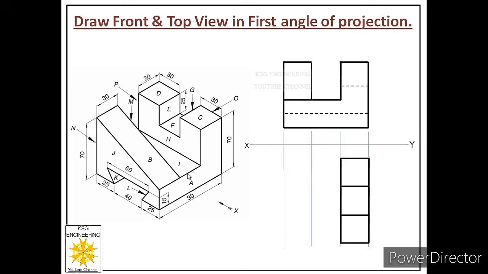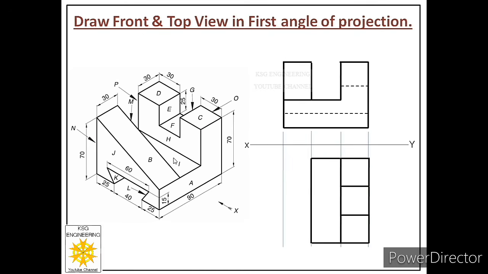So how much is the length of face I? The total length is 90. 90 minus this length 30 minus this length 30. It means 90 minus 60. This length will be 30. It means from this point we'll sketch a length of 30 millimeters. We reached this point and draw this remaining width of 90. So from this draw a width of 90 and connect these 2 points to show the other edge of face I.